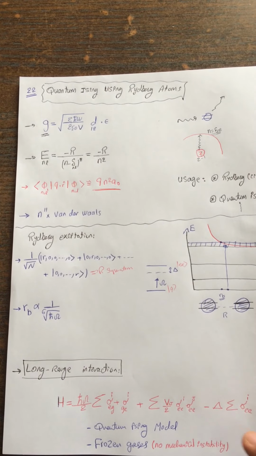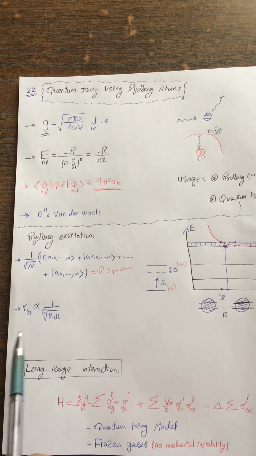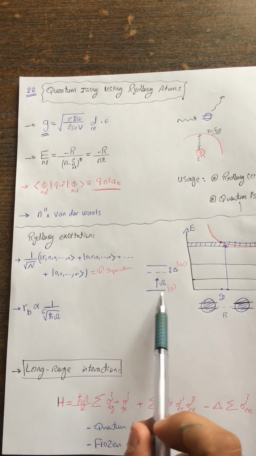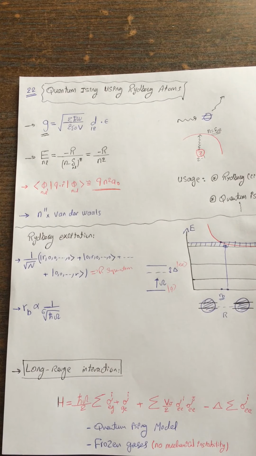Okay, and remember that the blockade radius is also important. For the Rydberg excitation, the blockade radius is inversely proportional to the Rabi frequency, but remember, this is the square root for 6. You find this in many textbooks talking about Rydberg. This comes from the van der Waals dependence on the sixth power,